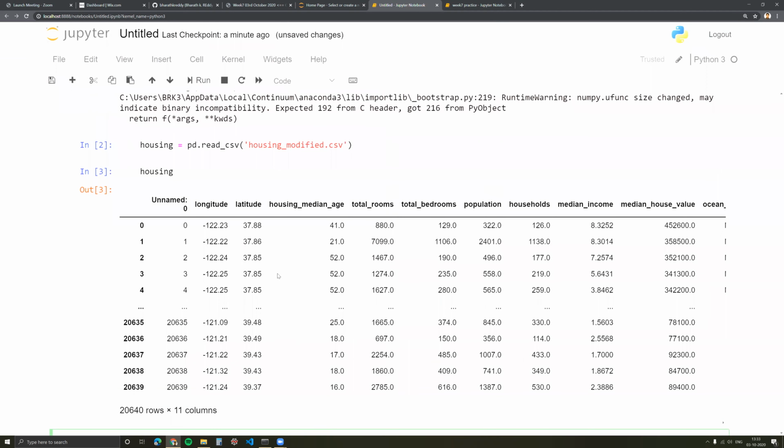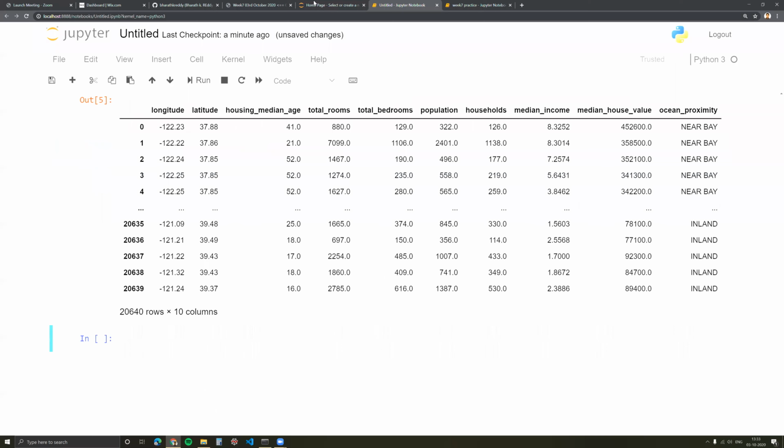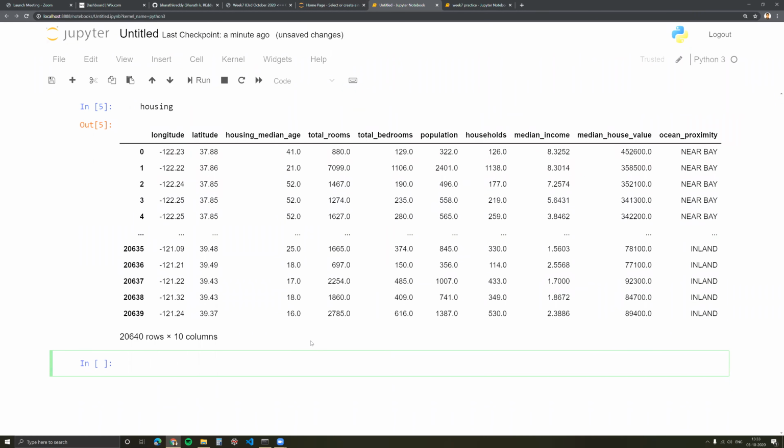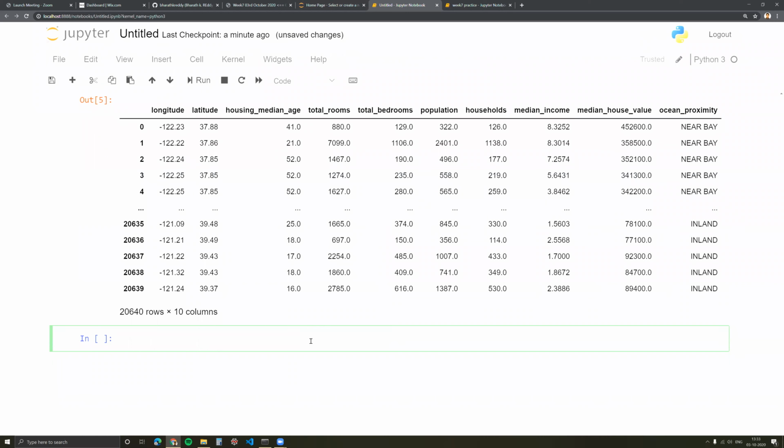Okay, I've read this data set. It seems to have read the first column as well, which was actually an index, so I'm going to remove it. Okay, this is our data set. As usual, to get a sense of the shape and size of this, it's about 20,000 rows of observations spread over 10 features.